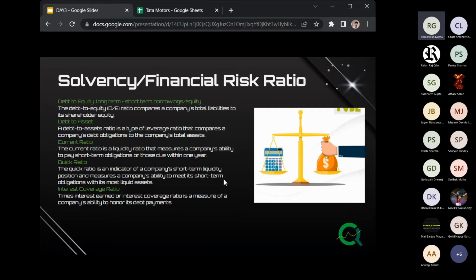And then next is debt to asset. Debt to asset means how much debt we have and how much total asset the company has. This ratio should strictly not go above 1, because if there is a company XYZ and it has more debt than the assets it has, it means that the company is in loan itself, and there is no worth to the company.